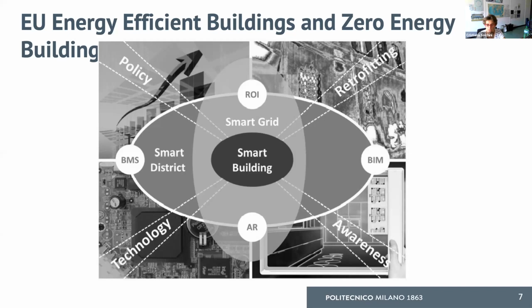So it is fundamental to be aware of how the energy is spent and used, to make sure that the user has some context and is driven towards, let's say, more sustainable behaviors in order to make sure that the energy is well spent. So these are the four main directions towards which it is possible to contribute when we want to think about the smart building perspective and the usage of energy in an efficient way.